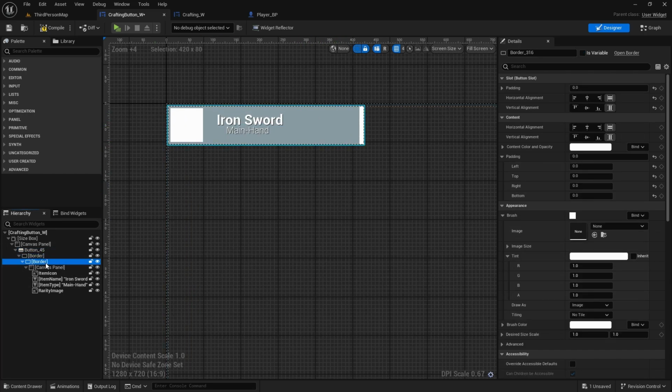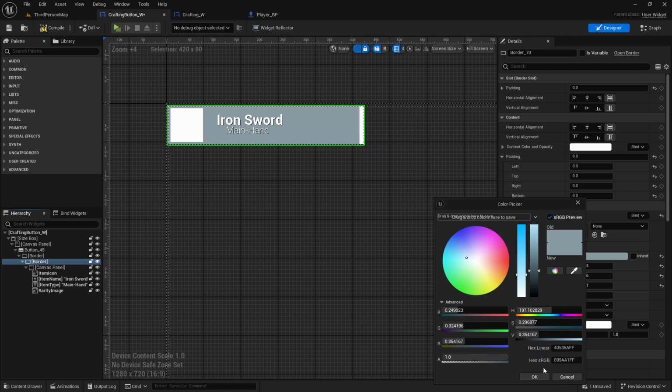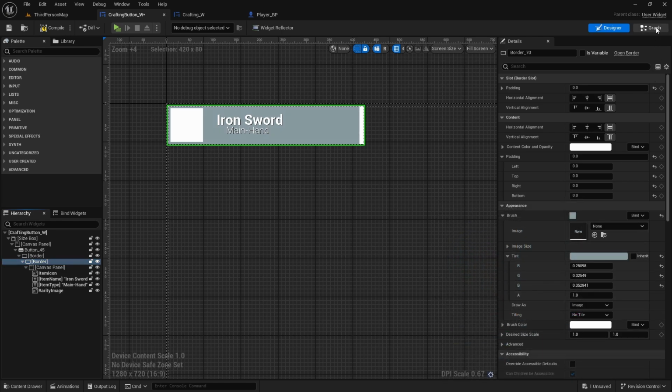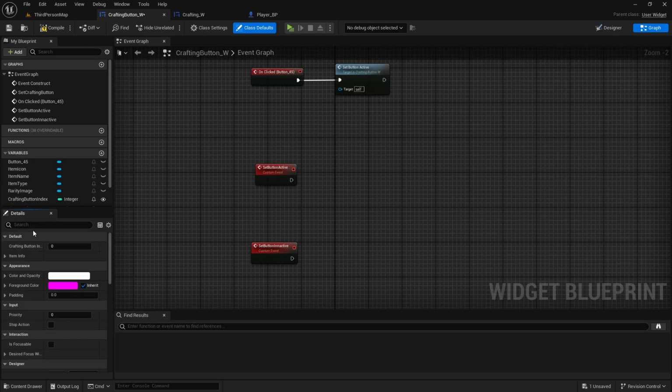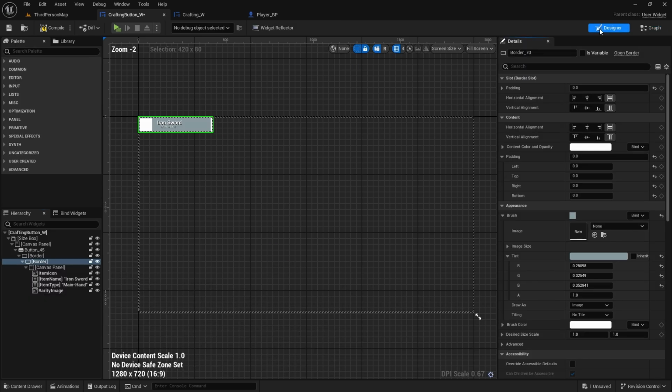So I think it's the second border. Yeah, the second border with this tint. You can just copy the hex value, go back to graph, and now we will do, actually we don't have that border as a variable, so go back, select this second border, name this